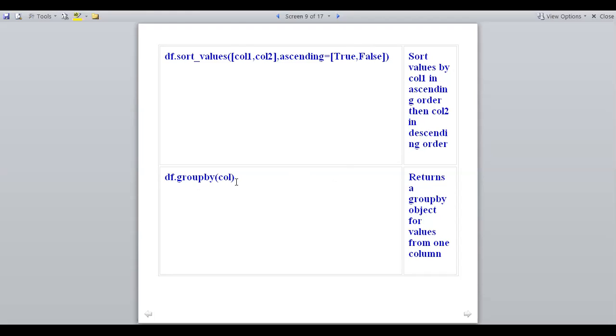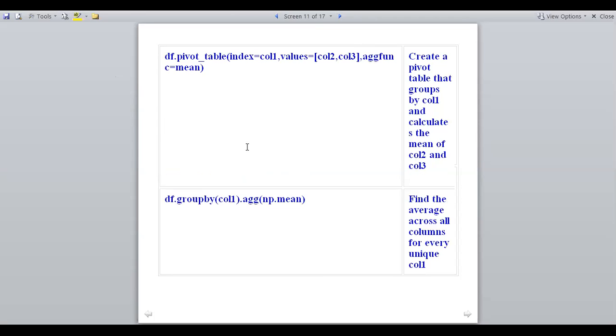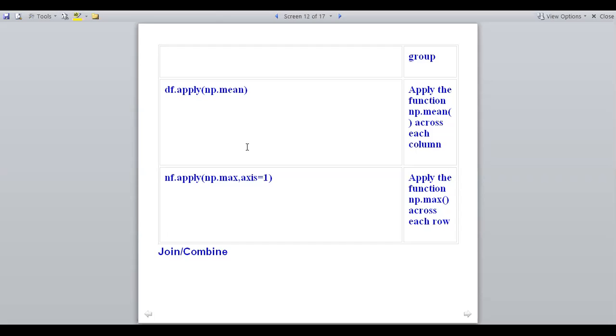df.groupby: you can also make groups of values; it returns a groupby object for the values from one column. You can also make a groupby with multiple columns. And df.apply(np.mean), from numpy, will compute the mean: apply the function np.mean across each column.